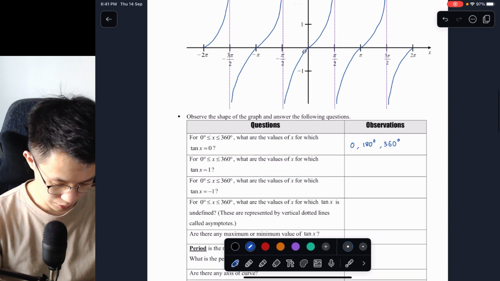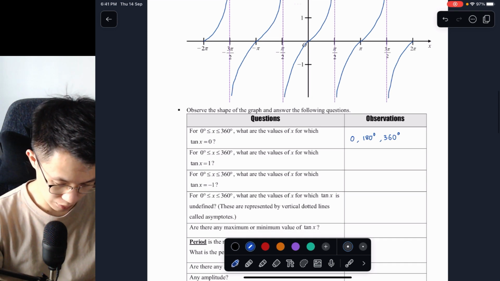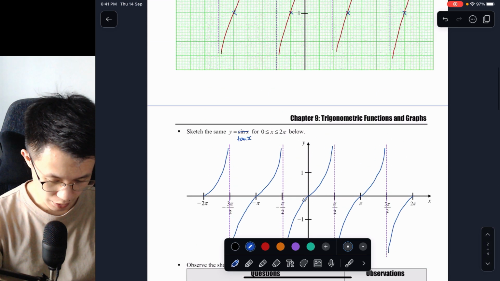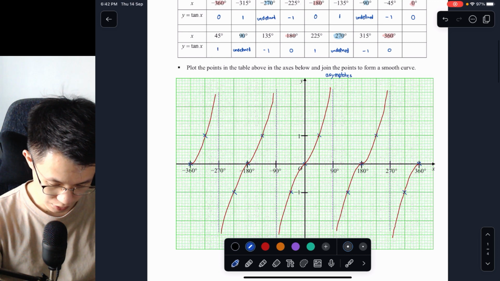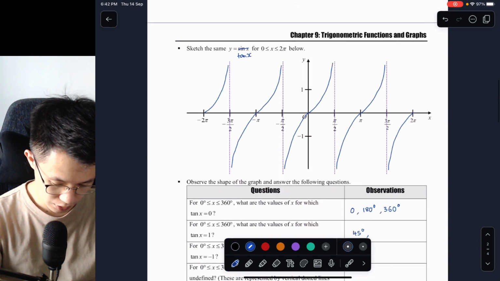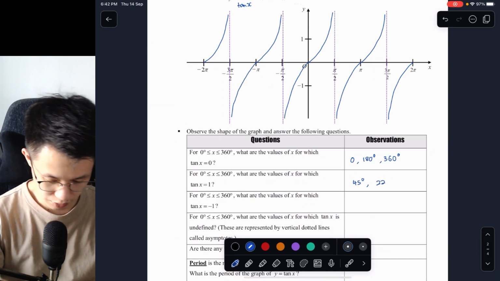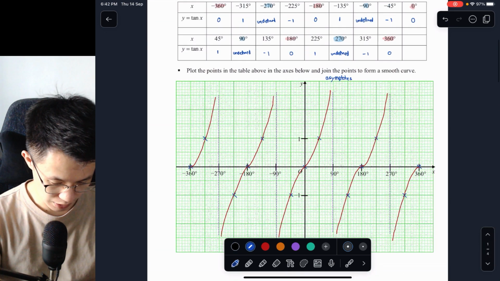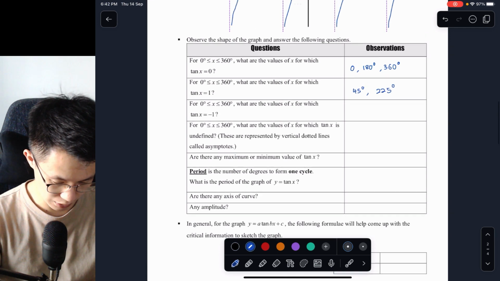When is tangent x equal to 1? You have 45 degrees is equal to 1. Okay, you have the point where it's 225. So all this in the middle, all the angles now in the middle. So it's very different from earlier. And then when are the points which are -1? You have 135